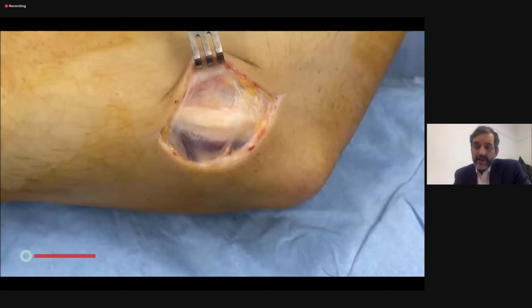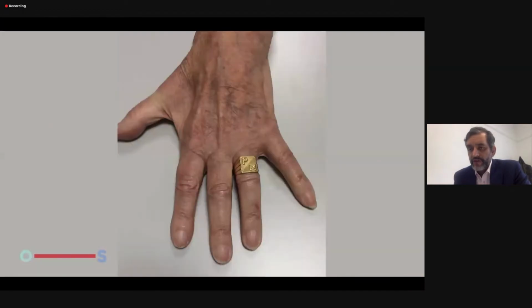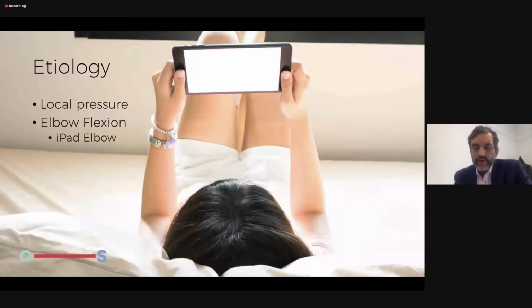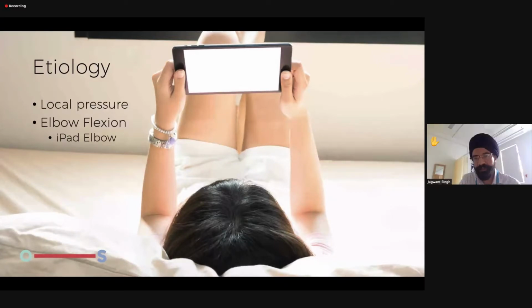And I guess it may be typical to me, but I'm just wondering if any of the other panelists have noticed a slightly more increase in patients turning up with ulnar nerve symptoms in the clinics. Yeah, Ali, quite true. I have seen a lot of patients coming with ulnar nerve symptoms. In fact, I'm seeing my list now, and in every list there's one ulnar nerve decompression for the next few months. So there is increased proportion now, and I think I agree with Professor Van Reed that iPad elbow is